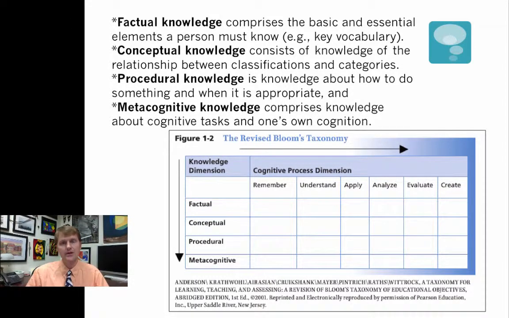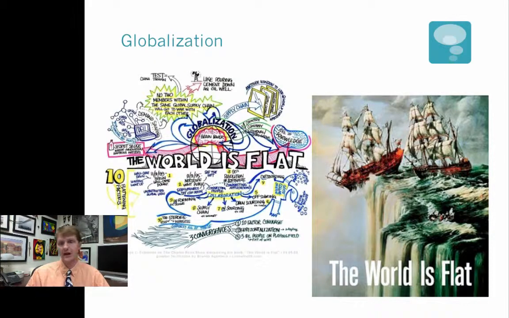So here's a little quick introduction, quick, long, however you want to play it, but my thoughts as they relate to globalization. I'll click over. The world is flat. The ships a long time ago used to flip over, but we've figured that that's not going to happen. We are flat, but we're flat because of fiber optics. We're flat because of connection. We're flat because of globalization. And it's these skills, this Bloom's taxonomy, challenging students to think at a higher level, that's going to allow them to compete in that global environment, and then using the tools that are available with Google, Netflix, whatever it may be.